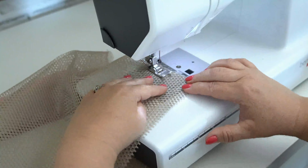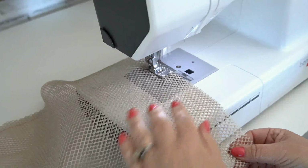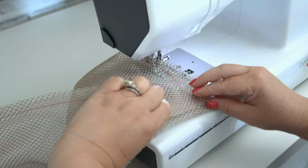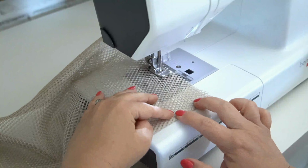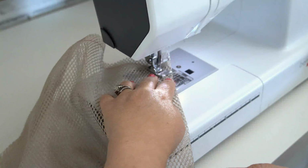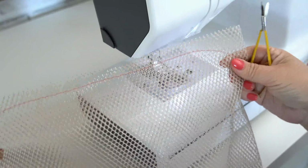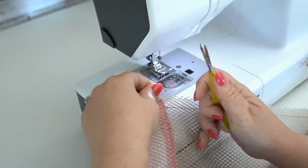When you get toward the bottom, just do a nice slight curve and repeat the same process on the other side. You can even fold over the first curve and lay it on the second curve to get an idea where it's going to land. Now I always recommend on a mesh bag to have a rounded corner, so that way the sand doesn't get